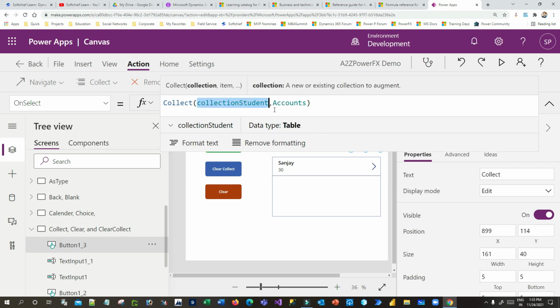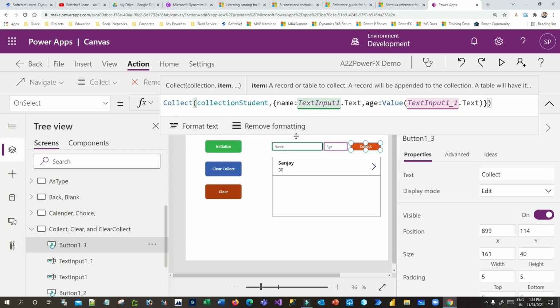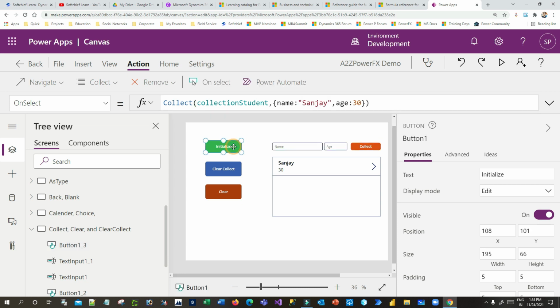So the Collect function can be used to collect a list of items in a variable. So you understand how we can collect static data into a collection variable, or use dynamic values in a collection.